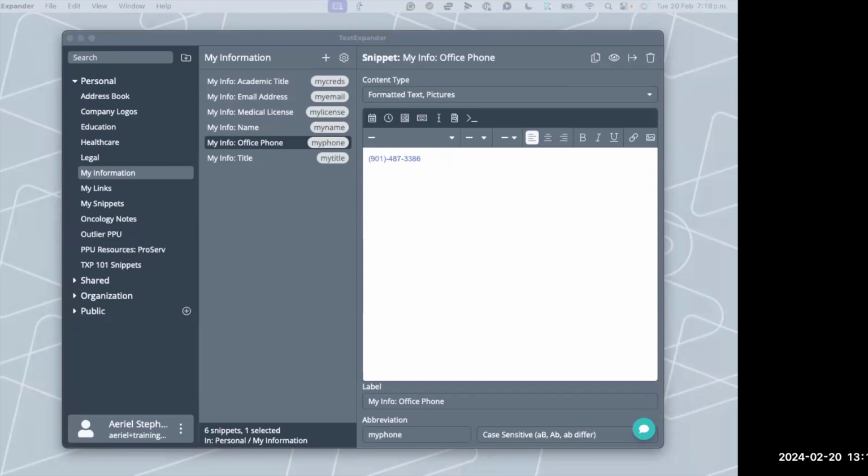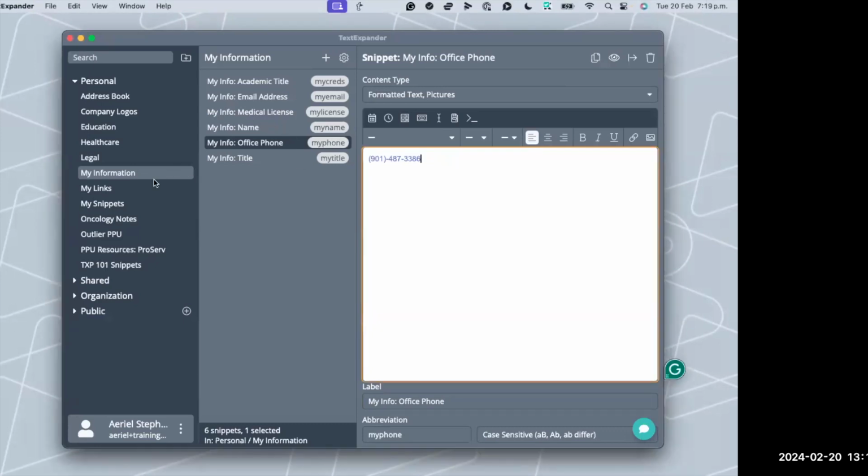Okay, perfect. Thank you. So yeah, just to finish this off, something we'll come back to as well and use in our next example is one thing that I've seen to be very beneficial in this industry: to add a snippet that includes all of your medical license credentials. This is something that you're likely referencing or sharing often, including in certain documentation. So it's really helpful to create a snippet like this. I already have one created. It's called My License. Again, we'll use this later on.